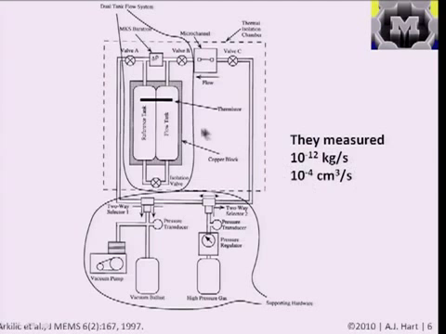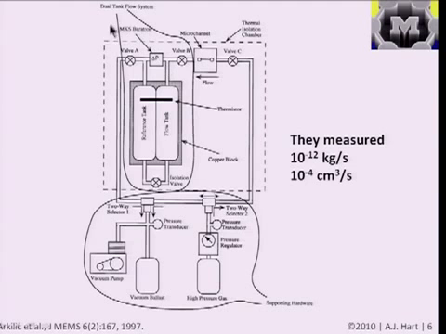And in fact, what they did is they had a setup where they didn't directly measure the flow rate, but they measured the pressure differential between two tanks. So they had a reference tank and they had a flow tank. And it was important to make this method work that both tanks had to be held at the same temperature. So they were in a gigantic copper block that acted as a thermal reservoir, and they brought the tanks to equilibrium, and they made sure the gases were both at the same temperature, and then they opened this tank,